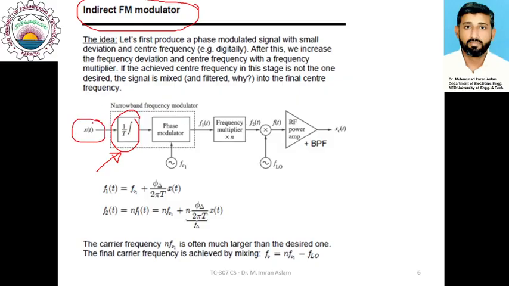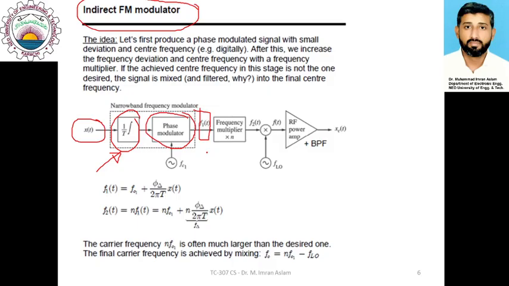So x(t) is the message. We apply that message to an integrator, and then the integrated message signal is modulated using a phase modulator. That phase modulator would generate some modulated signal, but that signal would have small frequency deviation